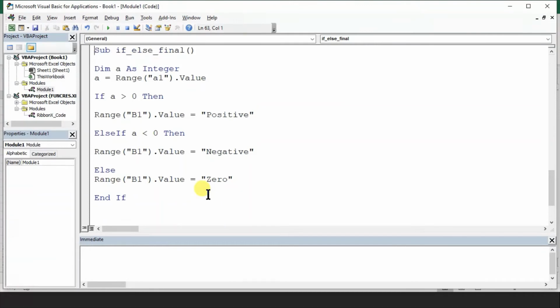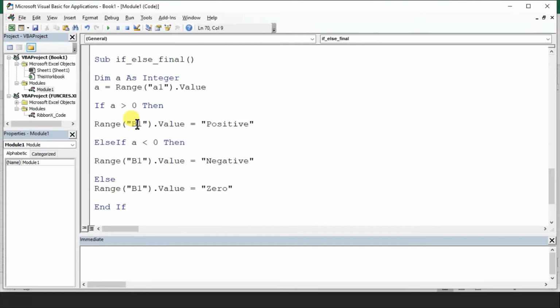This time, what I am saying, I will change the A1 color. So I say range A1 dot. Now I can change the color of font also. So I say range A1 dot font dot color.